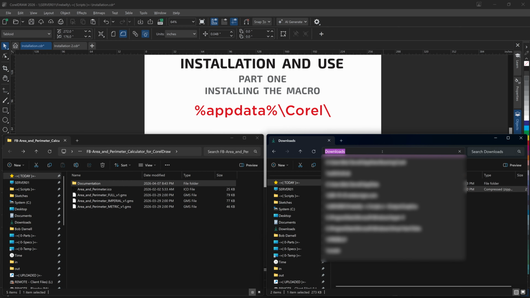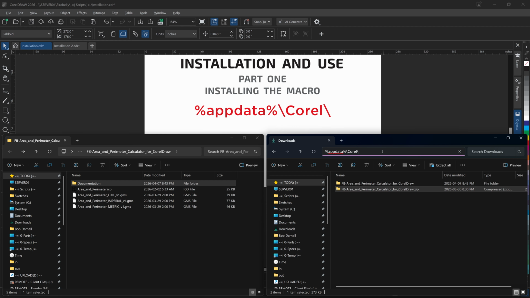So in your address bar on your second window, if you input that text, in a second, it will bring me to a folder containing